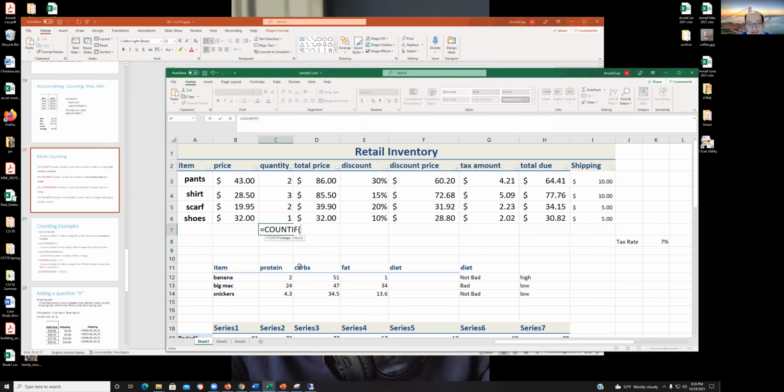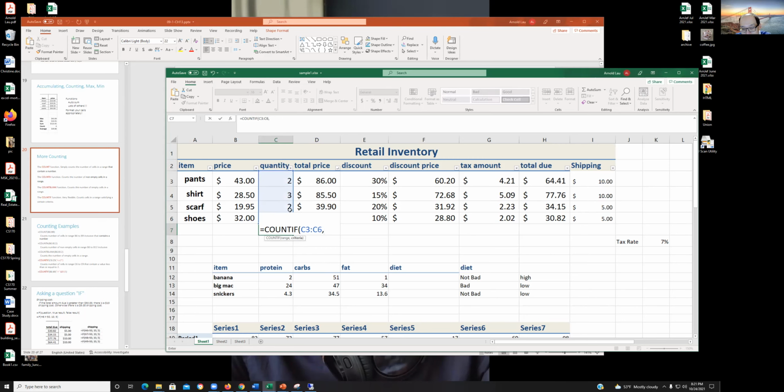And so the nice thing about doing these functions here in Excel is that once you select on it, you can see you can click on this and it kind of gives you some help here, but it also tells you what it expects as input. In this case, it wants a range and the criteria here. So what's the range? Well, I'm going to want to look at this. That's my range. And then I hit a comma, and then it kind of bolds it up here, kind of tells you, well, the next thing you want to put in is a